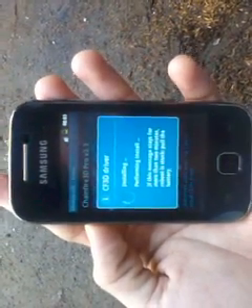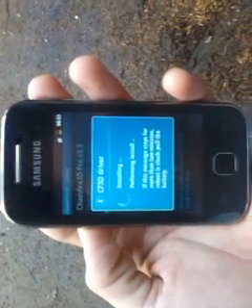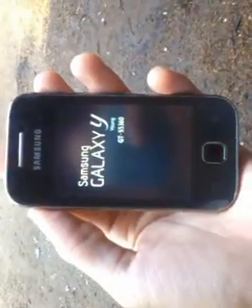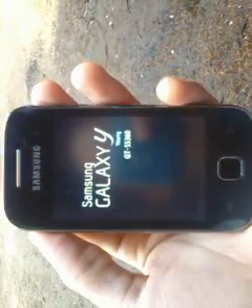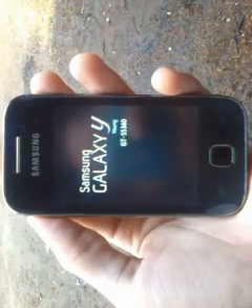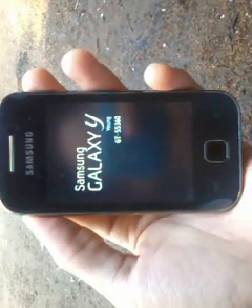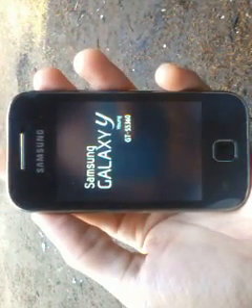And it will automatically reboot. Just wait for it. Here's Samsung Galaxy. Wait for it.